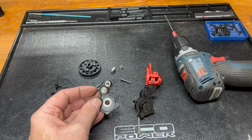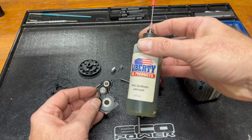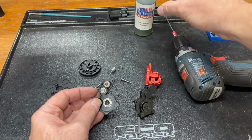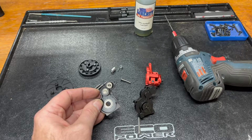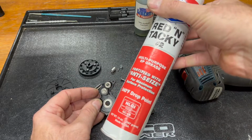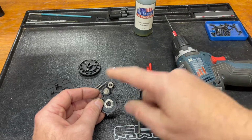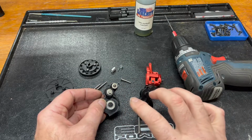So I use Liberty oil synthetic. It works fantastic on bearings. And then, of course, it's good old Lucas Red and Tacky for everything else. So I will get that all buttered up